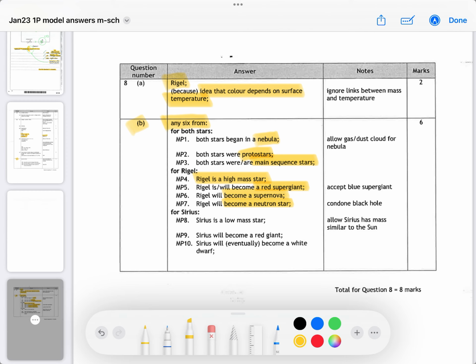And basically, the atom collapses into the nucleus, so the electrons get captured by the protons, and it becomes like one giant nucleus made of only neutrons, which is a very strange phenomenon. So its density will be huge. It'll be something like 10 to the 17 kilograms per meter cubed. So density will be about 10 to the 17 kilograms per meter cubed. Huge density. Now, they've mentioned here in the mark scheme that they will accept black hole, but the more likely